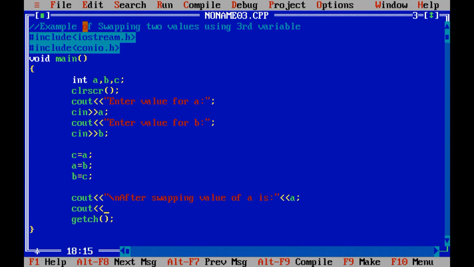Now let us print the value of b after swapping. So "after swapping value of b is", variable b.